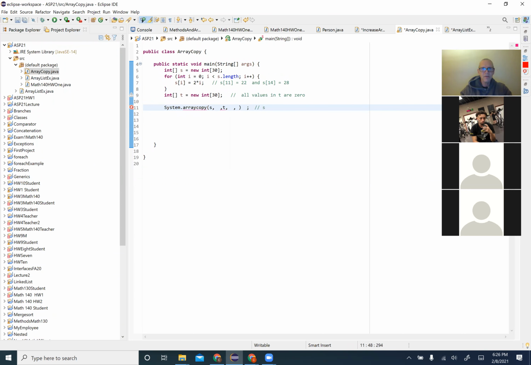So S is the source, and T is the target. We're copying from the source to the target. Remember, the first parameter after the source is the initial index of the source. The first number after the target is the initial index of the target. And the very last parameter is the number of elements copied, which in this case is everything from